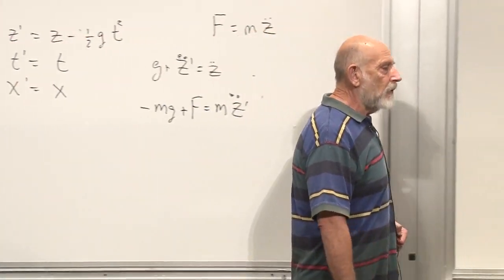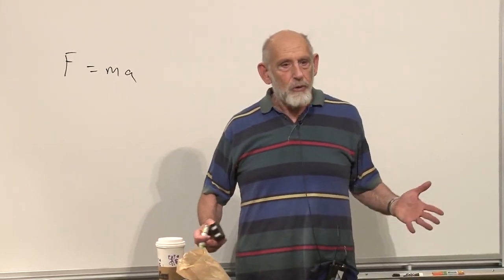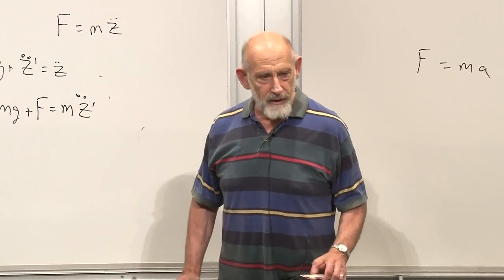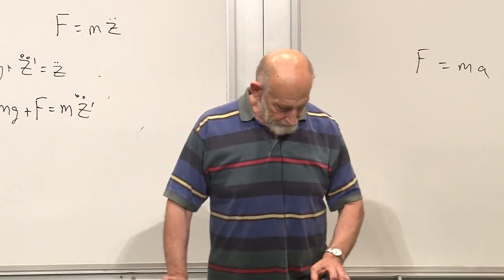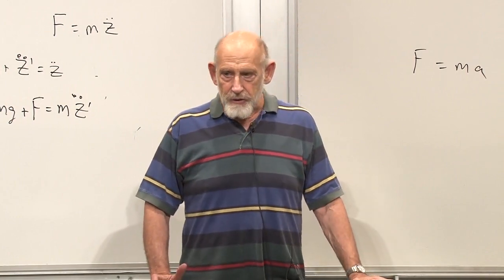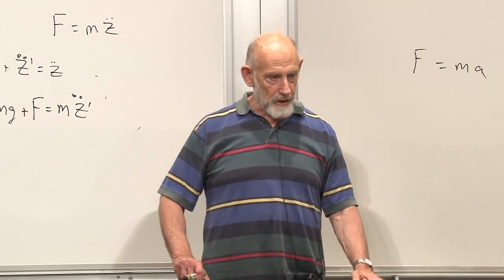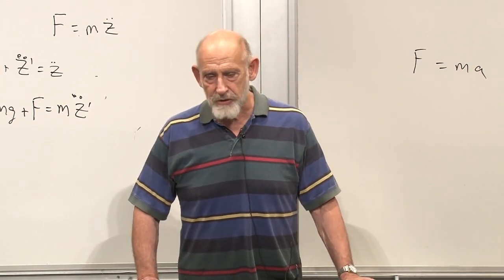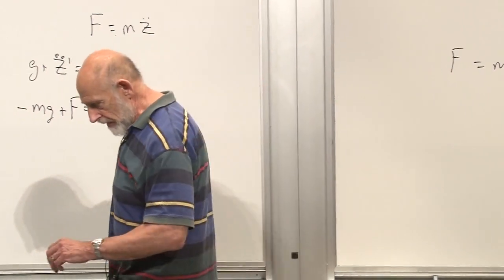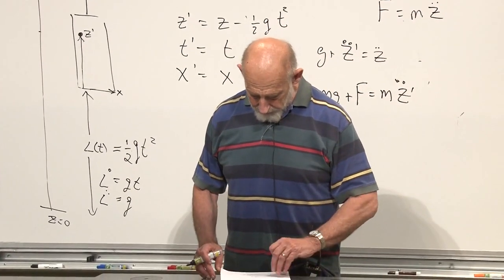I think most people before Einstein considered this largely an accident. People certainly knew that the effect of acceleration mimicked the effect of gravity, but they didn't pay much attention to it. It was Einstein who said, look, this is a principle. This is a deep principle of nature that gravitational forces cannot be distinguished from the effect of looking at physics in an accelerated reference frame. Physically they are the same thing and they are indistinguishable.